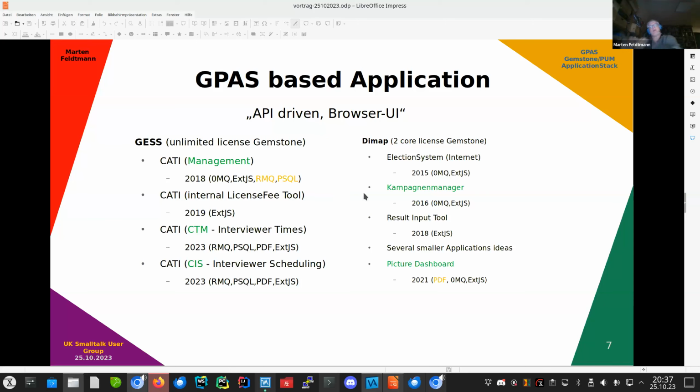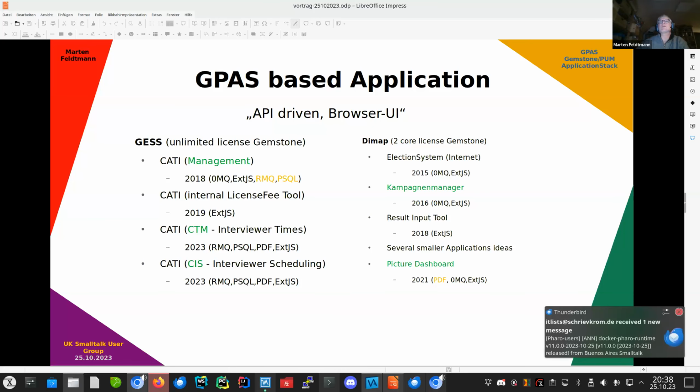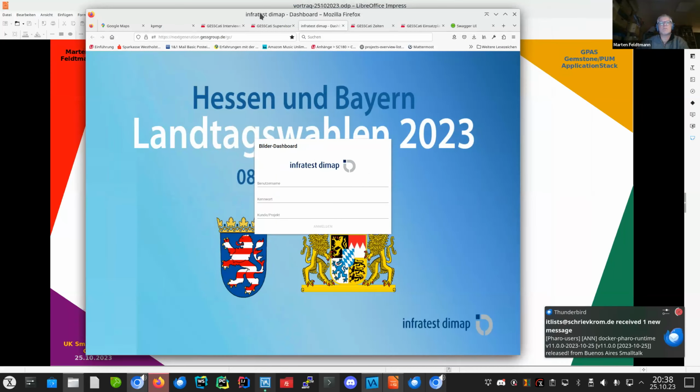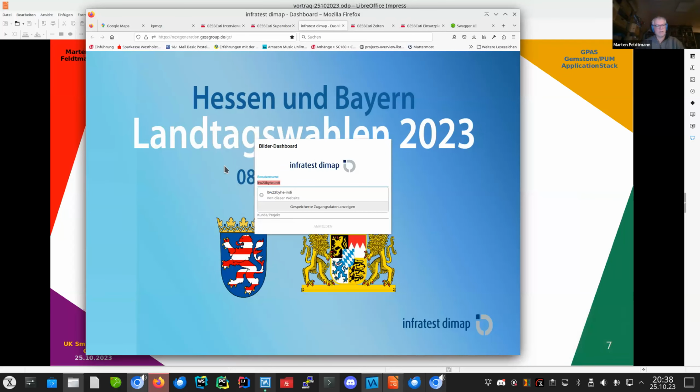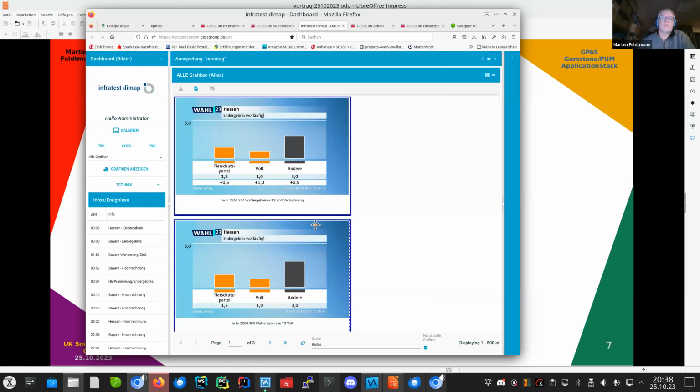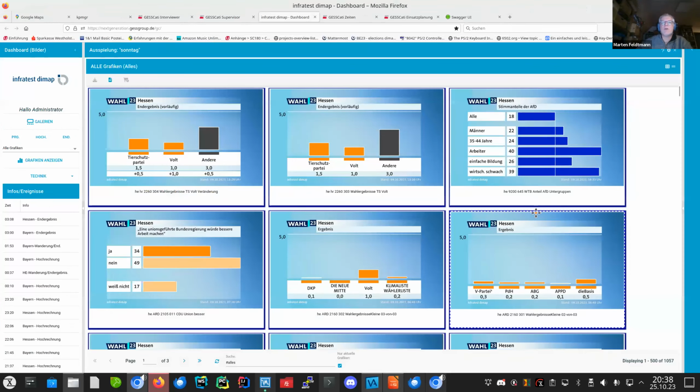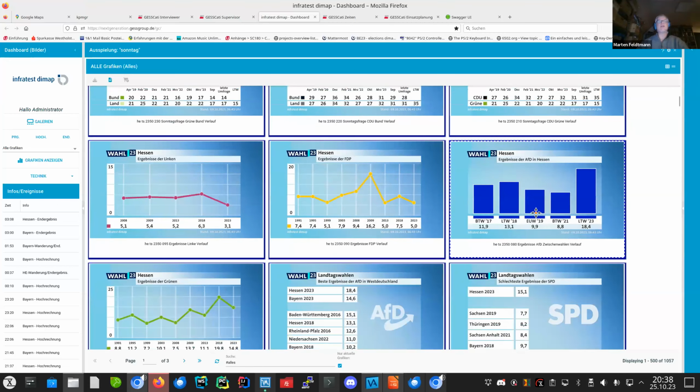Then we switched back to the other company again, and then we started 2021 with a dashboard, which is again a very successful application. We had two elections this month here in Germany, and what we offer to broadcasting companies, to broadcasting centers, they have, most of these broadcasters have also a social media department or an internet department who have their websites for the sender, ARD or ZDF or however they are called here, NBC, but of course I talk about German senders, broadcasters, and we offer them all the graphics available at the election evening during the